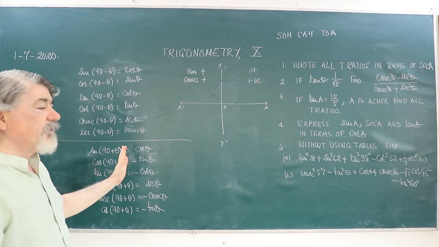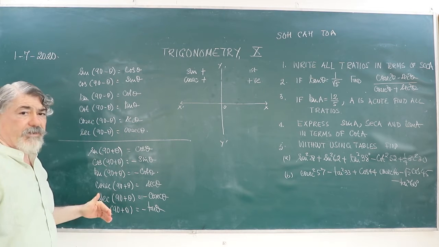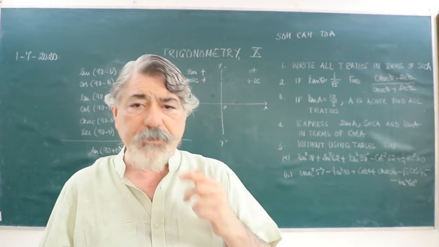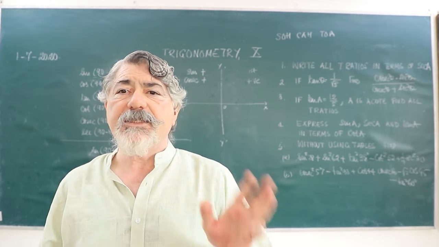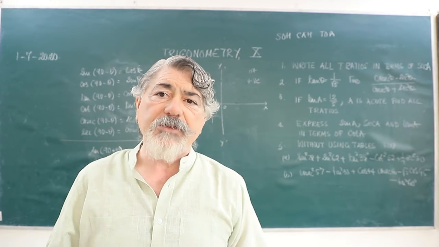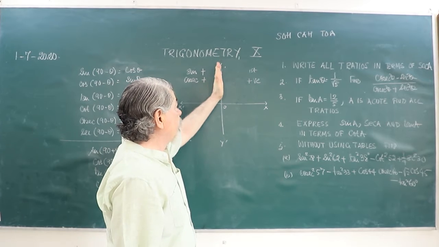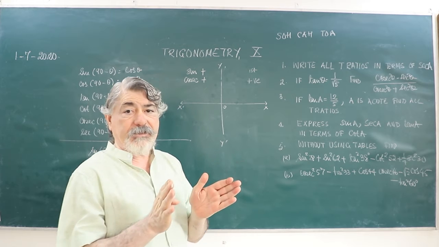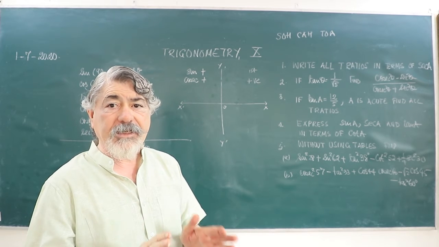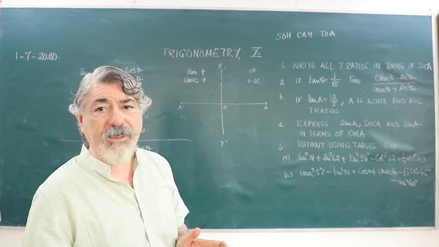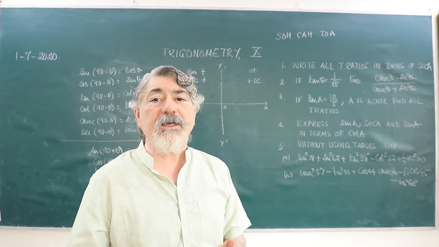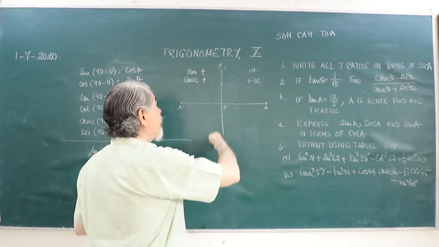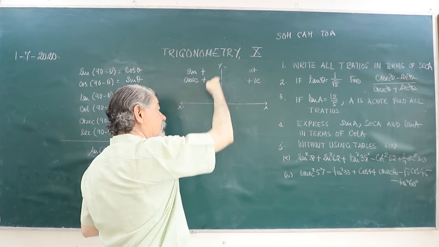We are not going to discuss it just now. I have given you these values for your knowledge, but I don't know whether we will be using it or not. We are generally interested in 90 minus theta. One thing you have to remember, that whenever we are working along this perpendicular line or vertical line, that means 90 or multiples of 90. 180 is also a multiple of 90, but I am saying odd multiples of 90. When we are working at the odd multiples of 90, the line will fall along this only, either this side or this side.